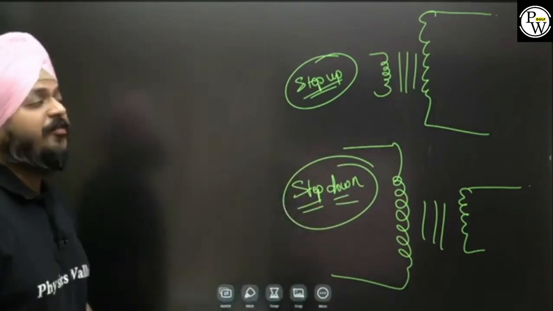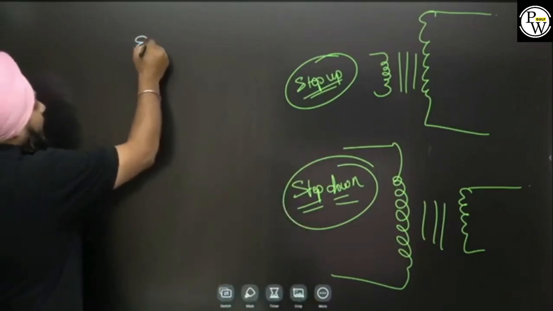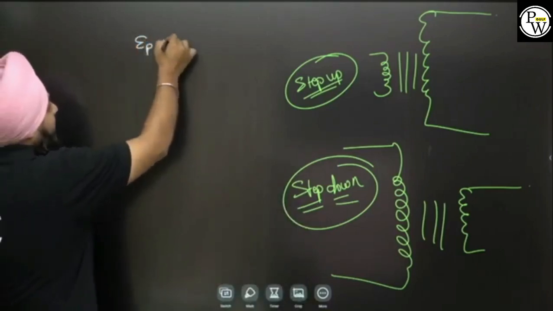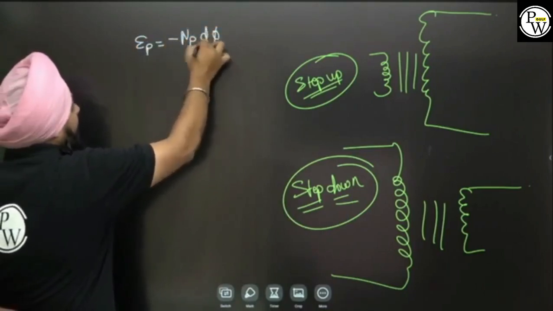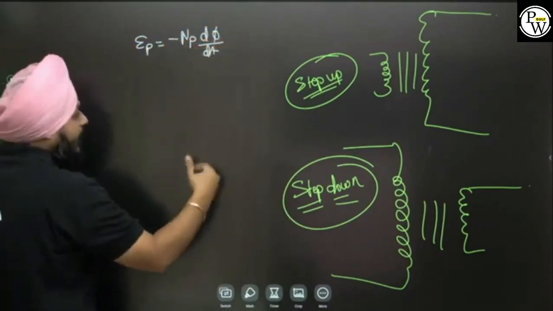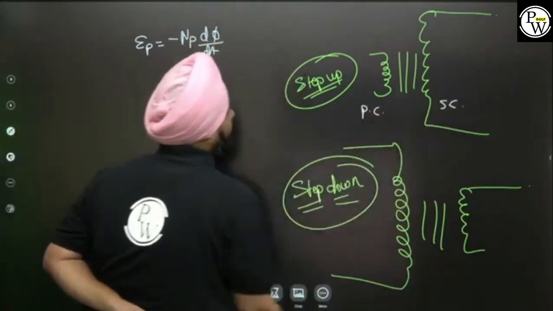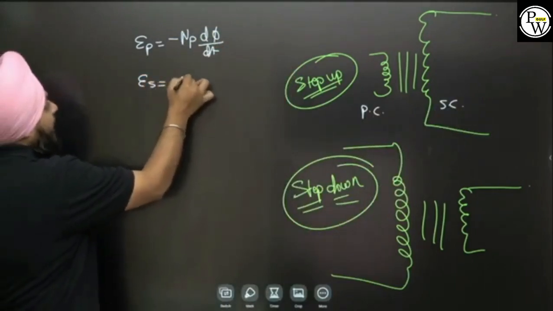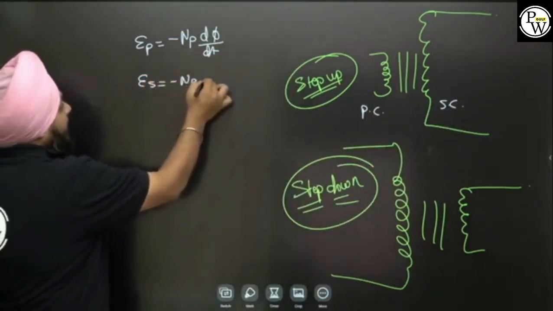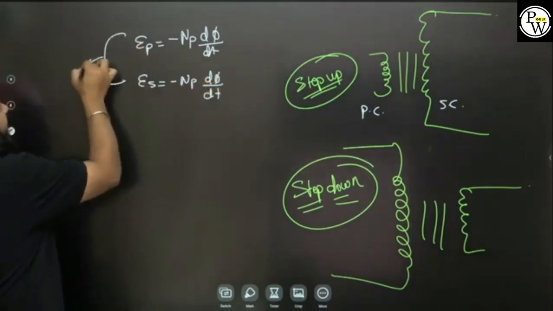It is based on Faraday's law of electromagnetic induction. On the primary side, whatever the EMF is, it is because of the number of turns on the primary side and the flux getting changed. Similarly, this is the primary coil and this is the secondary coil. On the secondary side, we have negative N_S, which is equivalent to, again, according to Faraday's law of electromagnetic induction,